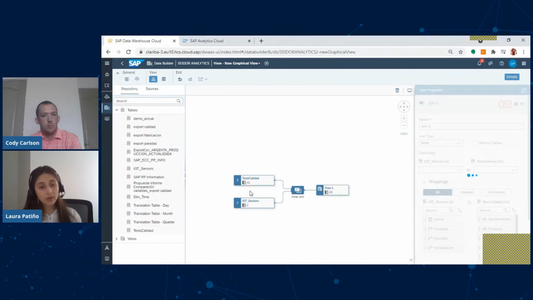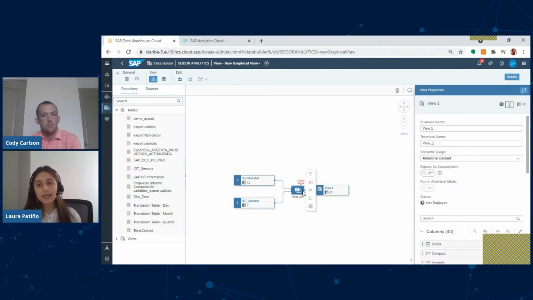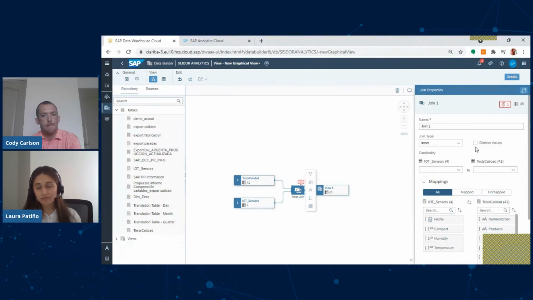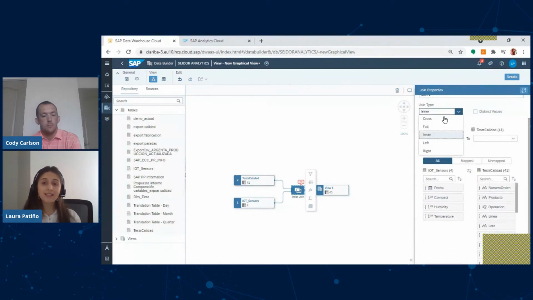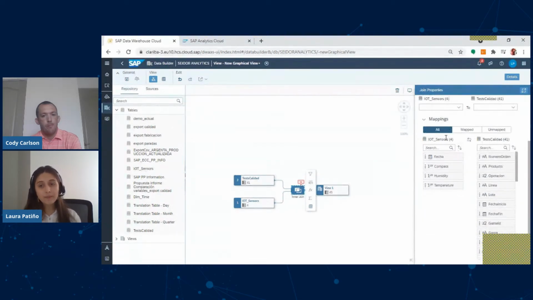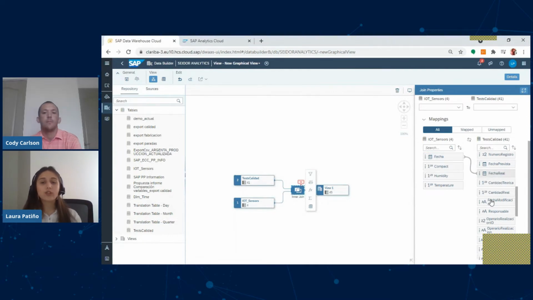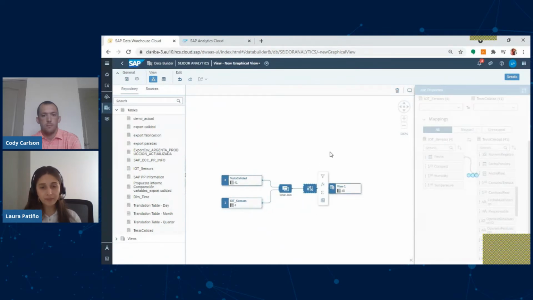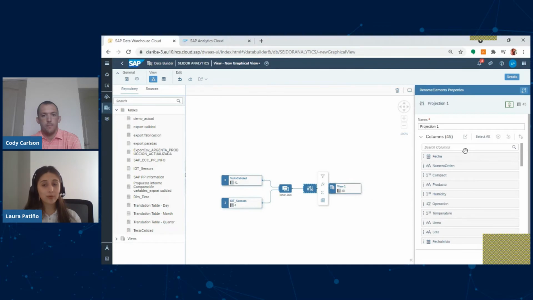As you just saw, I created a join between those two tables, and in the details chart over there, I can select the different join types I can have in this tool. I also have the mapping functionality, where I map the different records I want to join between those two tables. After that, I created a projection.